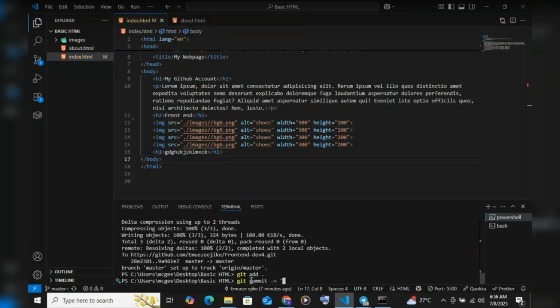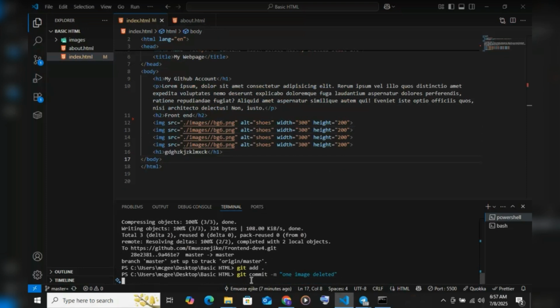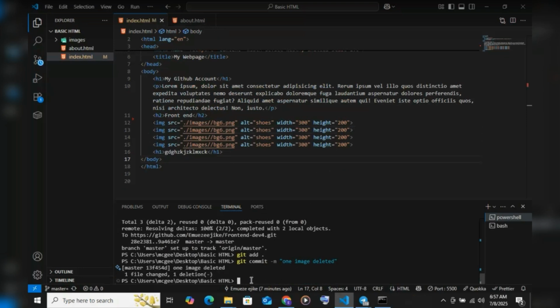git commit minus m. What is my comment this time around? One image deleted. I'll press enter. Sorry, not delay, deleted. Now press enter. It will tell me that I have made one file change and one deletion. I've deleted one image. Now the next thing is to git push origin master,